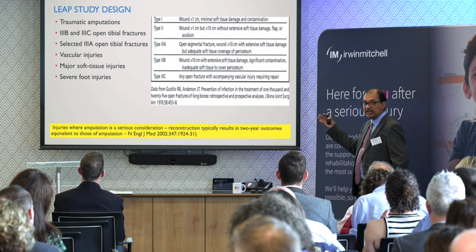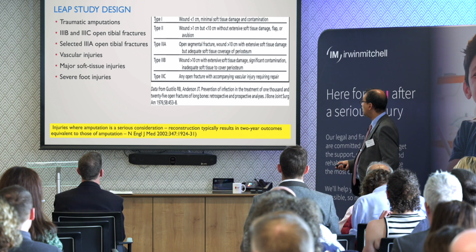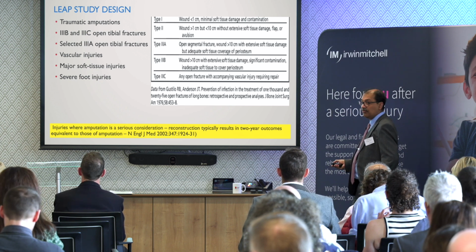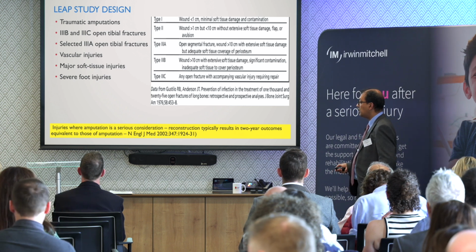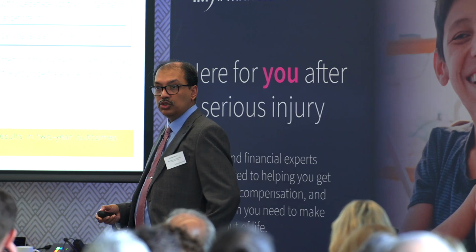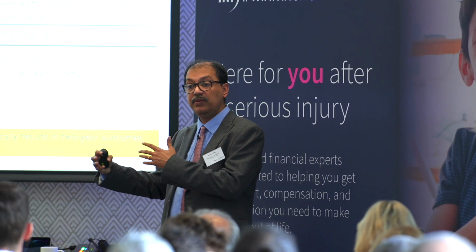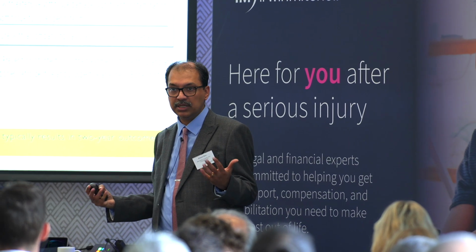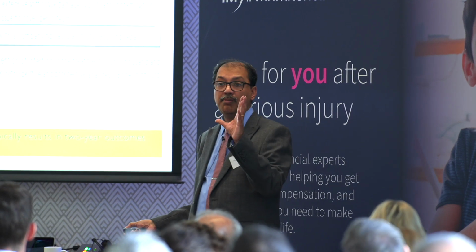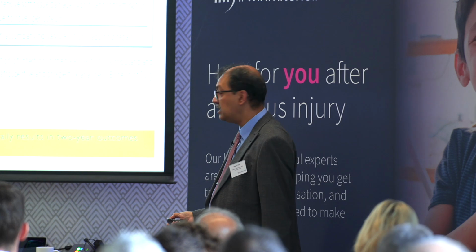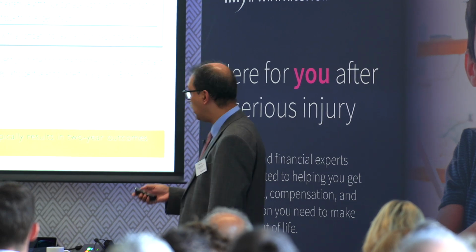Again, all these patients have got a serious consideration of amputation. Reconstruction, very, very important. Reconstruction typically results in 2-year outcomes equivalent to the amputation, they found out. So they divided that study into 2 years prospective, and then somebody continued it to 7 years. Amazing results. So in the 2 years, when there is a consideration of outcome of these group of clients, it's almost same in reconstruction and amputation.